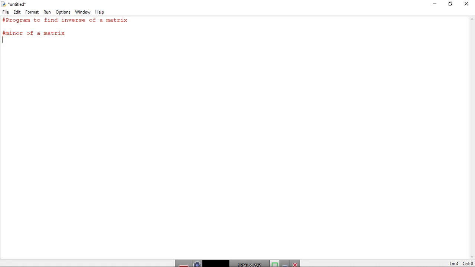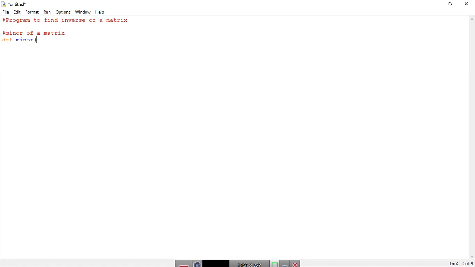But today we will input a matrix directly and print its inverse. Let us see how to write the minor. As we have seen, we will get the minor matrix; we are not finding the exact value of that minor.